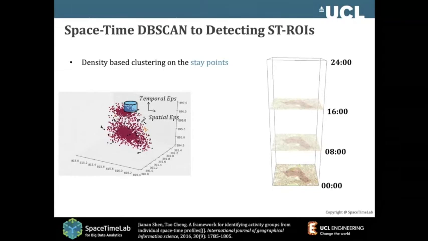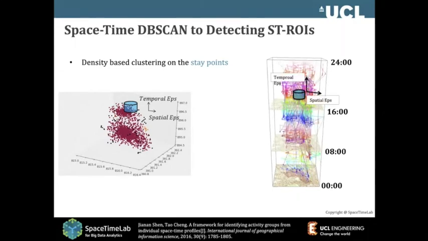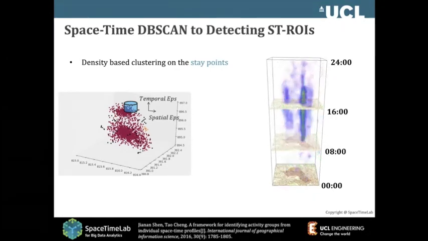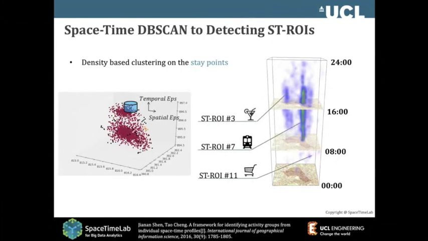Basically, they scan in space. What I'm showing here is the GPS data of 300 policemen in Camden. We put them in as 3D points, and we do space-time DBSCAN. Then we can find what we call the spatial-temporal regions of interest. When projected to space, you can see they are concentrated not only in space but also in time. You have a small space projected to, and then a timeline. That means you have a highly concentrated region of interest for those policemen.